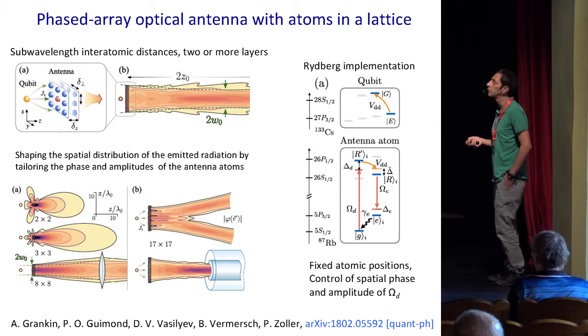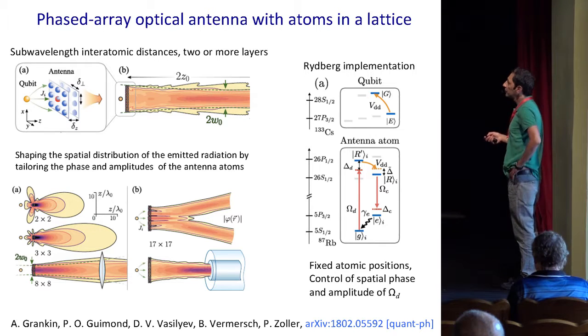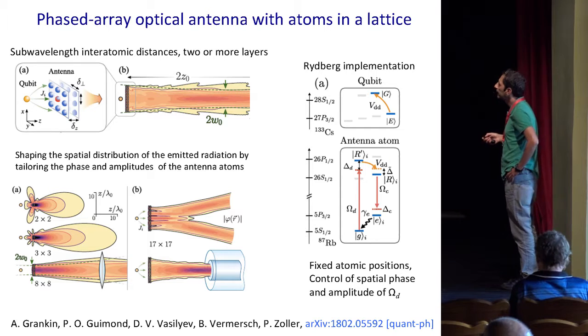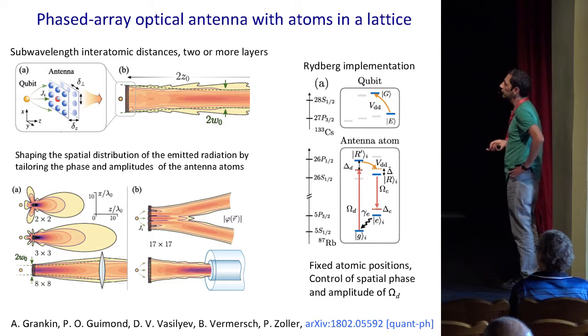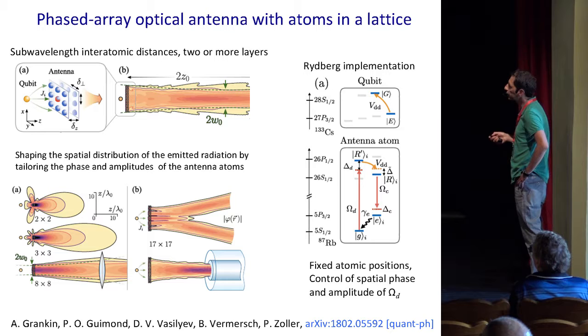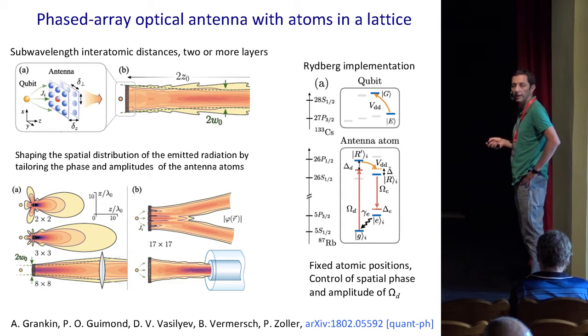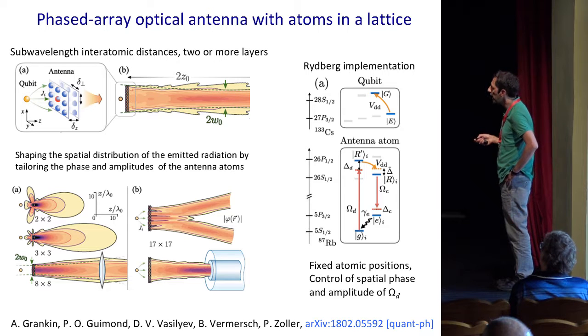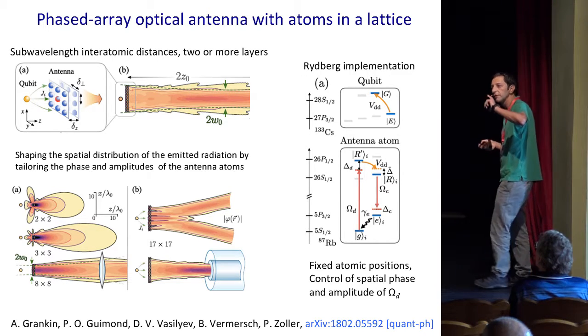state transfer between qubits. Now, instead of this random ensemble of atoms, they proposed to use an array of atoms with a sub-wavelength distance between them, and maybe 2 or 3 layers of such atoms. By mapping, or transferring, the single excitation of the qubit to such an array in a controlled way, you can shape the spatial distribution of the emitted radiation by tailoring your driving field, the field that maps